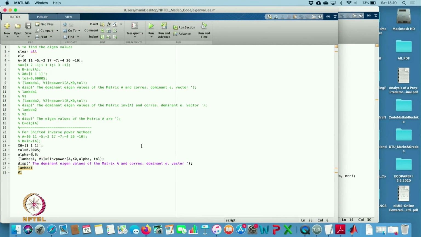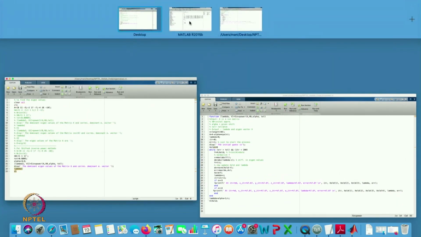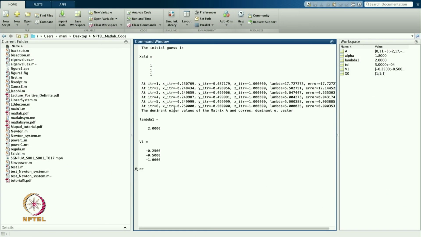So, I have taken alpha equal to 0.8. Let us see what will happen if I take close to 1.8. So, in this case also I am getting the value 2 even after the 6th iteration, and that is the corresponding eigenvector. This one I can find as